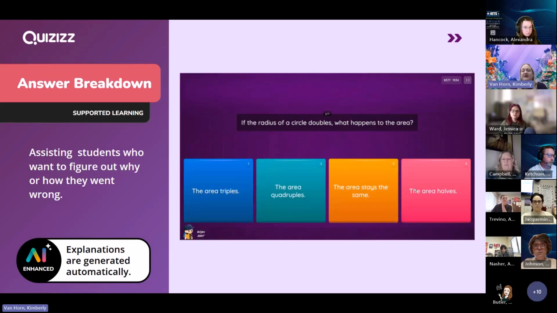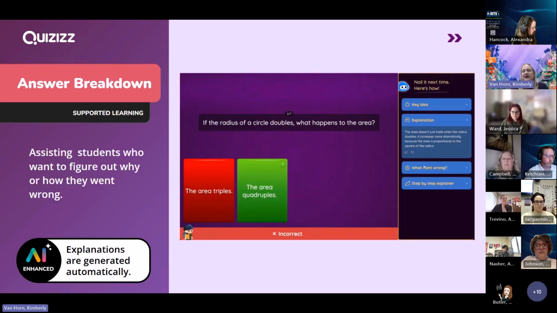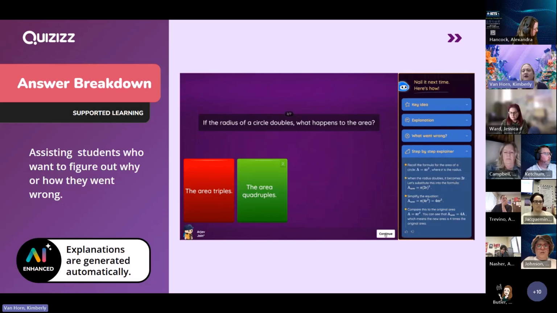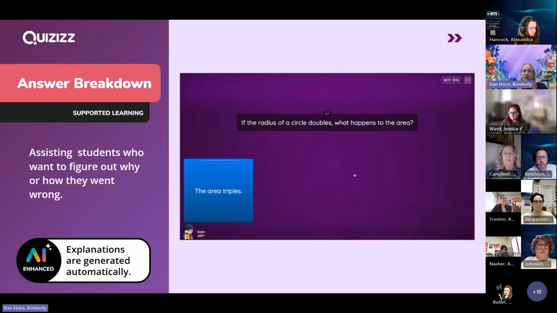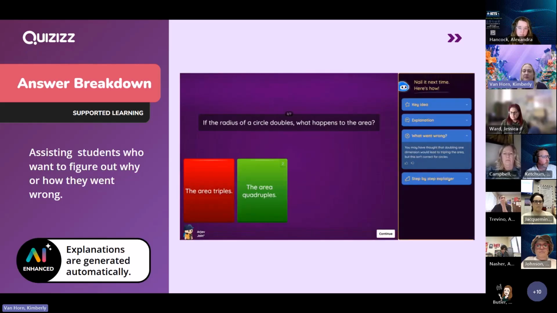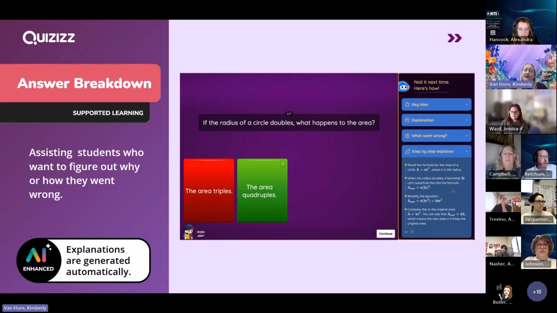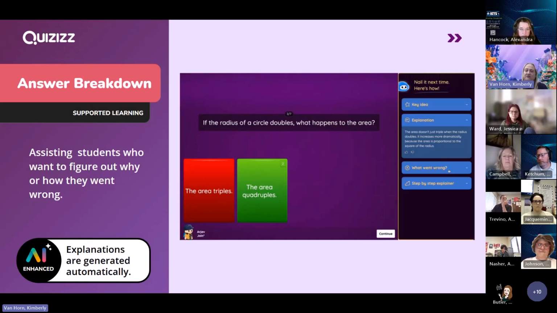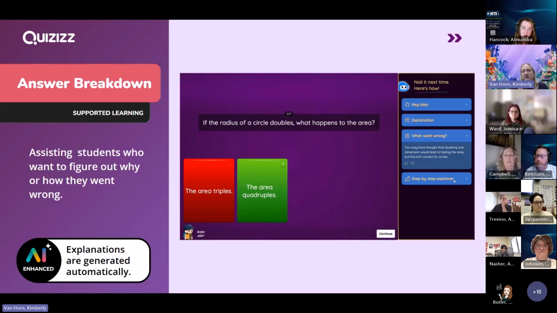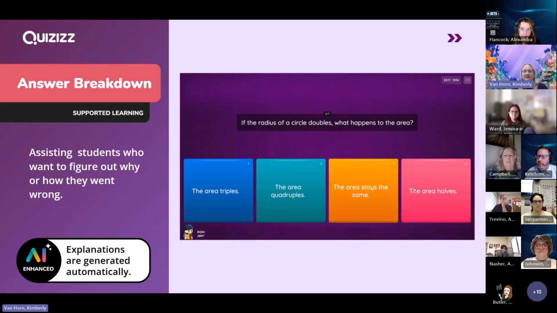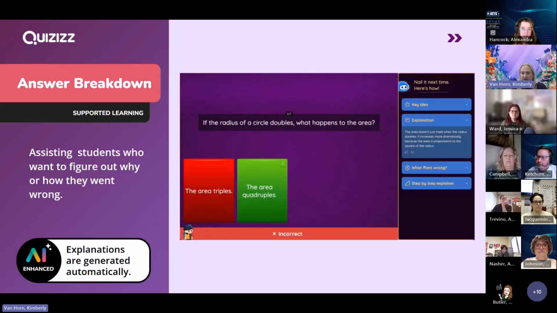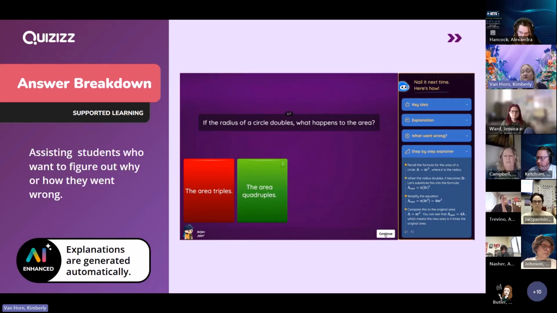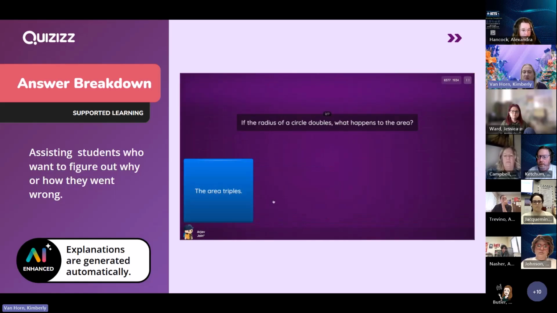If you look on the side, it'll say the key idea of the question. It'll explain what the question is asking. It'll say what went wrong if a student got it wrong, and then it'll have a step-by-step explanation of the answer. What I really like about this is that all explanations can be generated automatically using artificial intelligence. So AI can actually go in and put all of this on your test without you having to touch it. I can make a 50-question Quizizz for my class in less than 5 minutes with explanations,